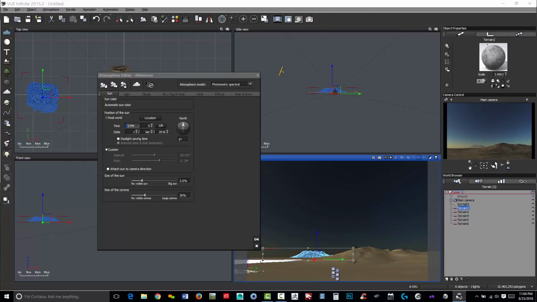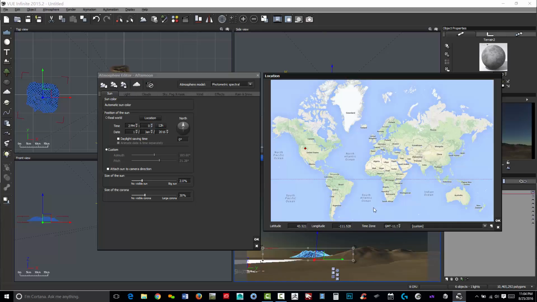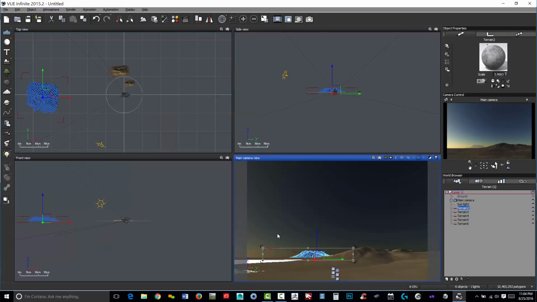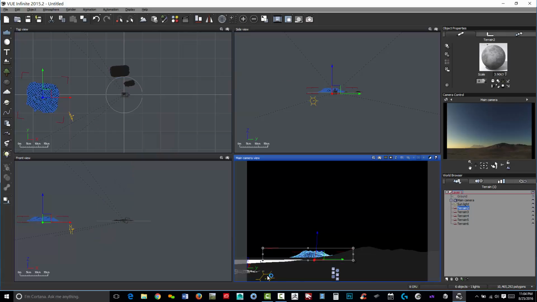Let's do 2 o'clock. And you can see things starting to happen over here. And then even location, you can feed in where you want it in the world, and it should update. See, the sun just moved below because I think I clicked Russia. Now this might take a second. See, sometimes it doesn't log in. So